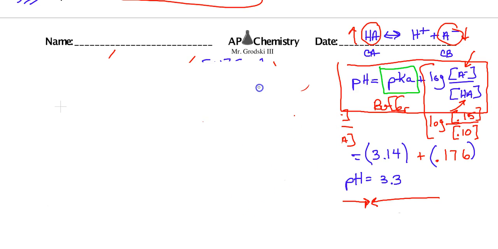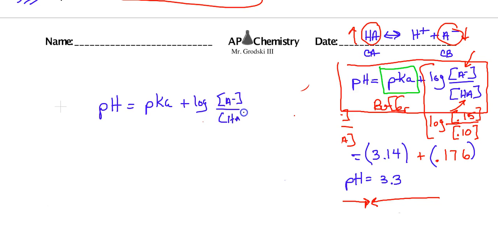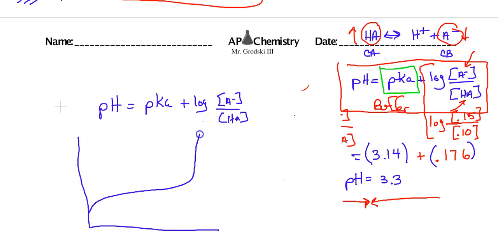Now, to review a little bit, we should know something about Henderson-Hasselbalch, okay? We should know that if we have this scenario, remember, pH equals the pKa plus the log of the conjugate base over the conjugate acid. Now, what does this look like when I graph it? When I graph a titration curve, we know that this point, the asymptotic, is the equivalence point. That's where the H pluses equal the hydroxides. Now, if this is the halfway equivalence point, this is when I added half the amount of moles, let's say